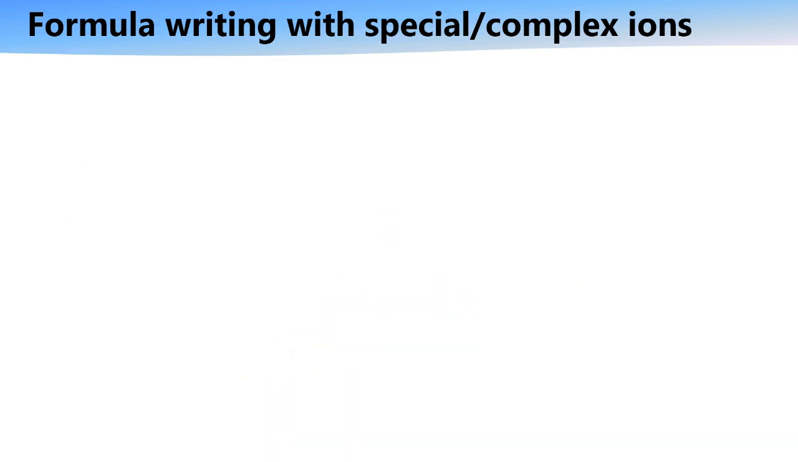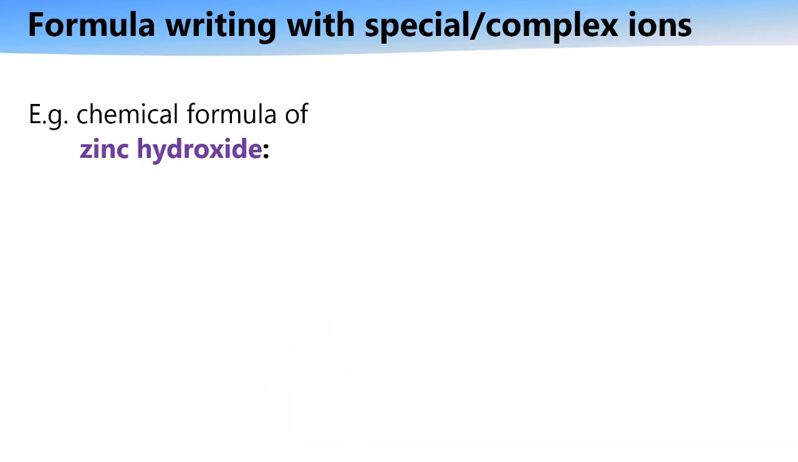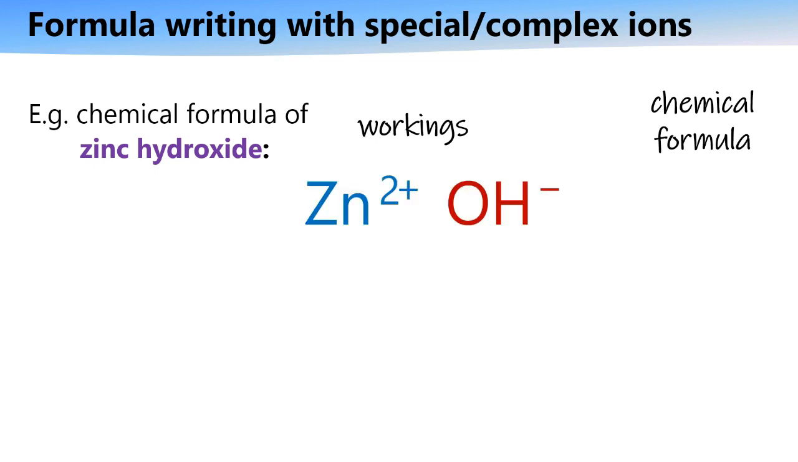Okay, one more example. Writing the chemical formula of zinc hydroxide. Okay, we have the workings and chemical formula. Zinc would be 2+, is a special ion, and hydroxide will be OH-. So we need to do the cross method to bring over to OH, and since the OH charge is -1, we can write the 1 there and bring over. Alright, so we remove the charges and we get